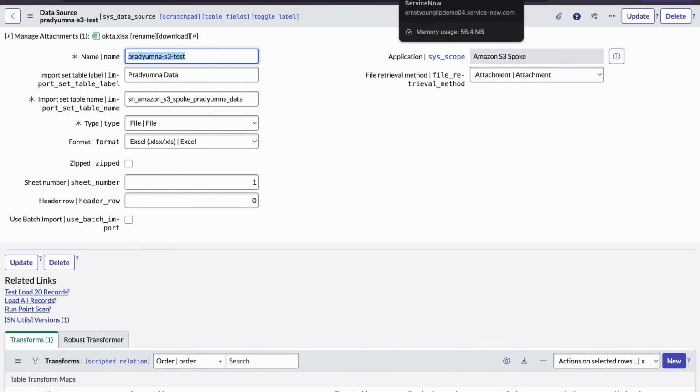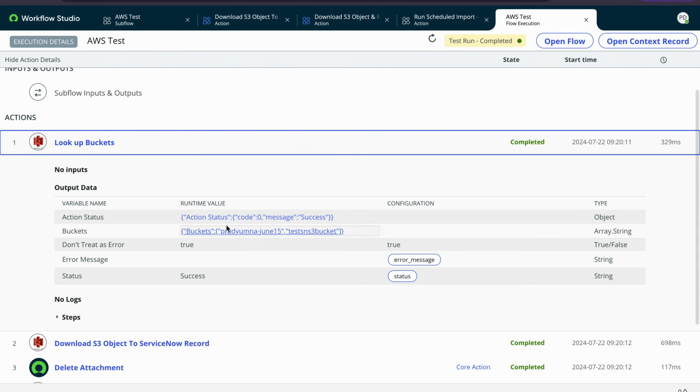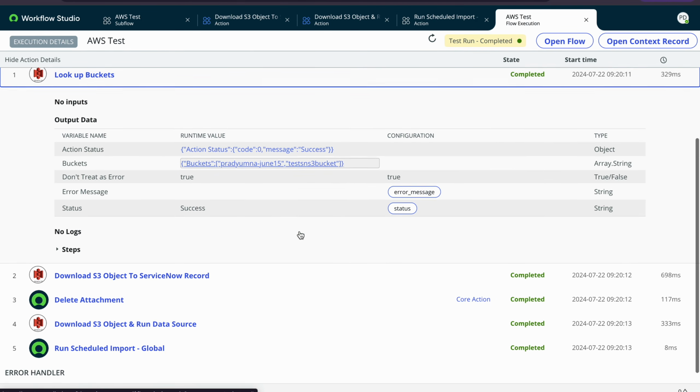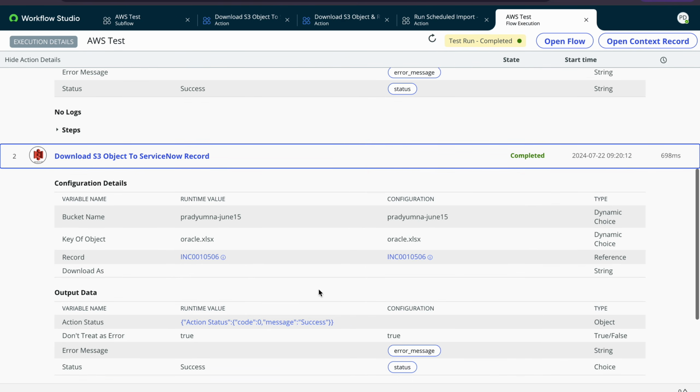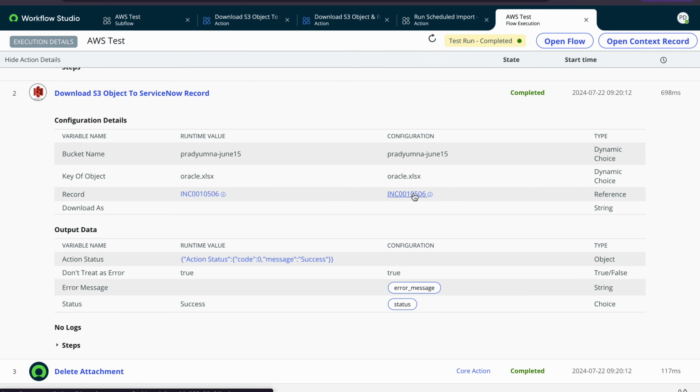Somewhere I have done a couple of hard codings, but you can try to automate this. If you are facing any challenges anywhere, you can let me know. Definitely I'll try to help you. Here also I can show you these are two buckets which are receiving the output, and this is the data also. This has completed without any error. It has attached that record to this incident. If I open this incident,